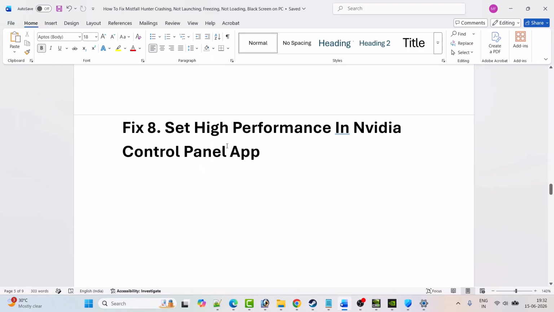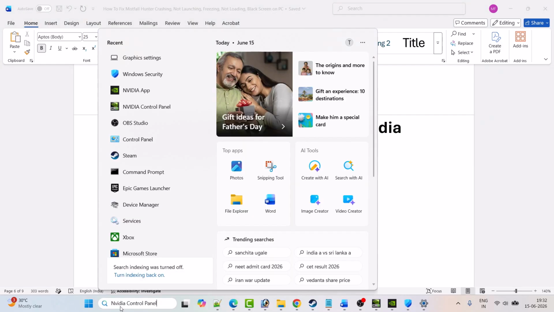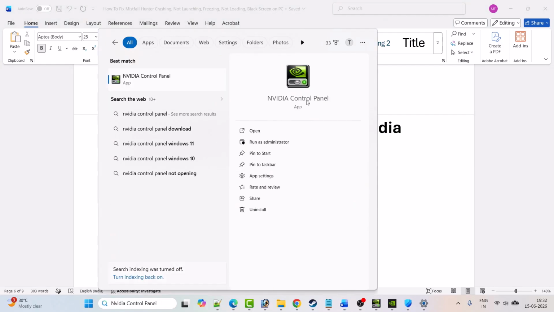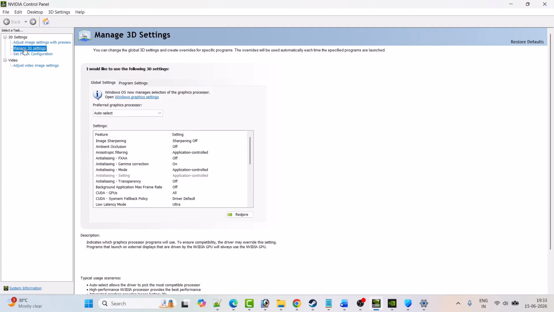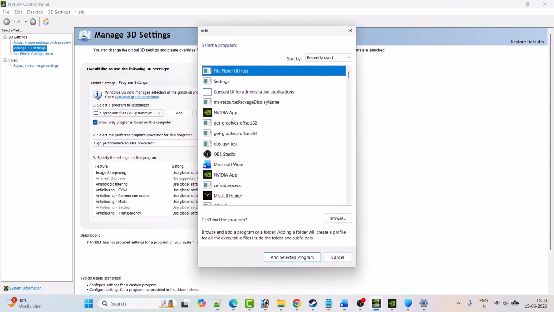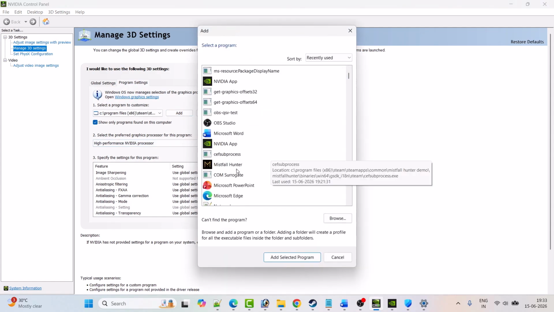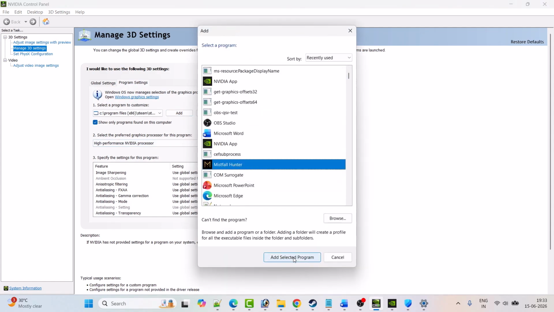Fix 8. Set high performance in NVIDIA Control Panel app. So in Windows search, type NVIDIA Control Panel and then open the NVIDIA Control Panel. Now go to manage 3D settings, then click on program settings, then click on add. From the list over here, look for Mistfall Hunter, here it is, select it and then click on add selected